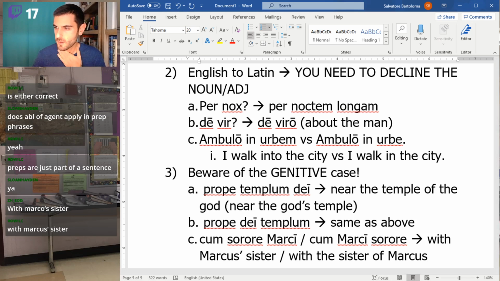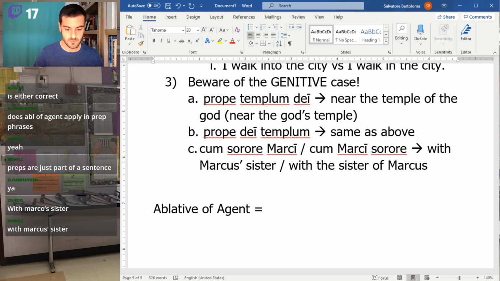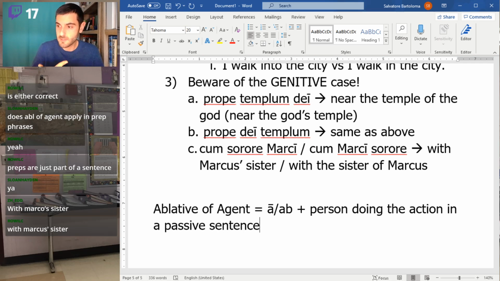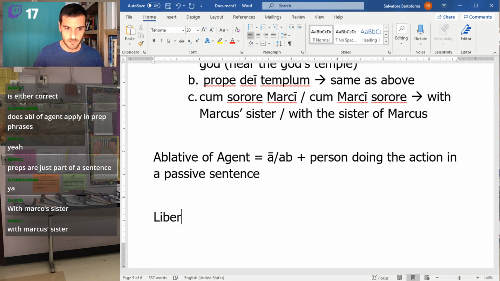Either one. Does ablative agent apply in prep phrases? Ablative agent is a prep phrase. Ablative agent is a or ab plus the person doing the action, in a passive sentence. That's the idea of an ablative agent. So when you have a passive sentence and you're saying the liber legebatur, the book was being read,